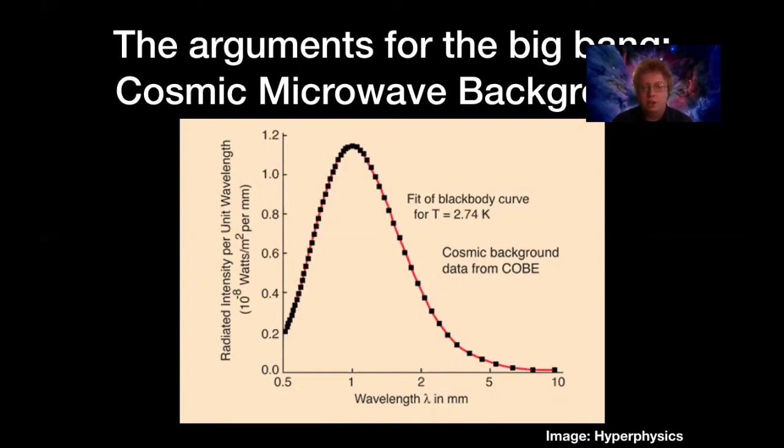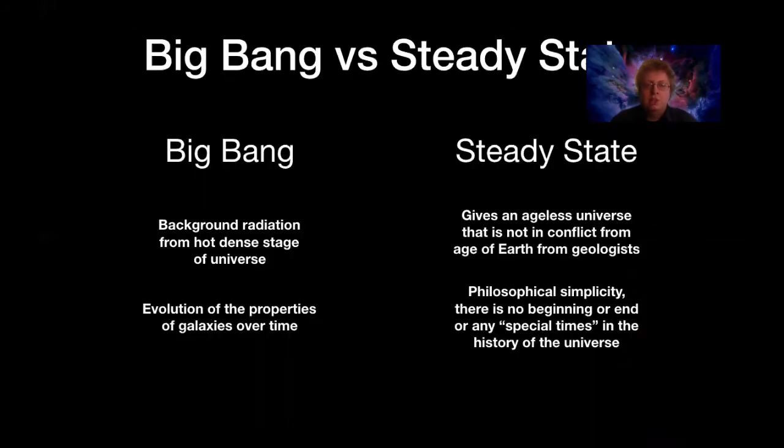So there's a constant black body light that's bathing us from all directions that was discovered in the 1960s. And this cosmic microwave background is essentially the leftover remnant of the Big Bang. It's the afterglow from the Big Bang. So summing up all of the arguments, the Big Bang theory predicts that there should be background radiation from the hot, dense stage of the universe, and we've detected that. And there's really no reason in the steady state theory why there should be. That doesn't mean that there couldn't be a reason for it, but it doesn't naturally explain it.